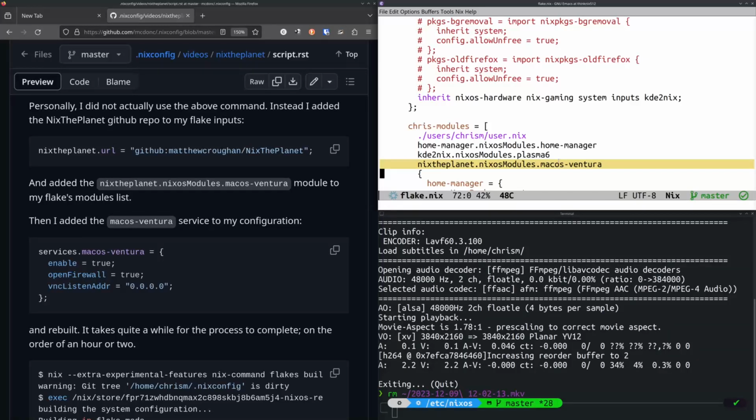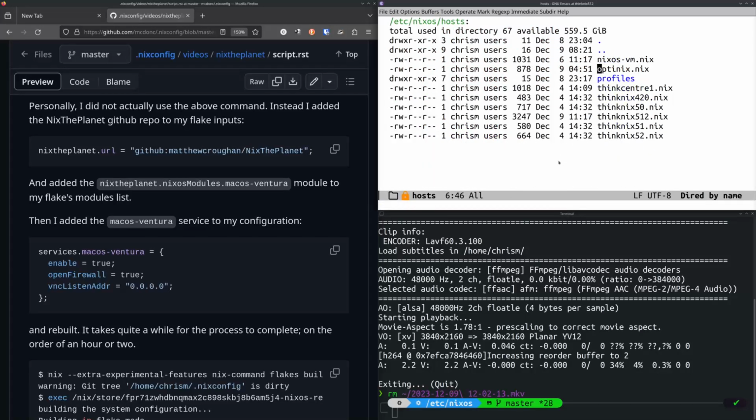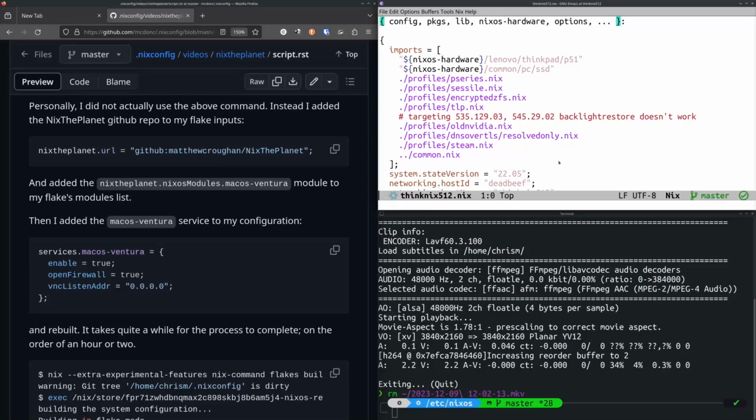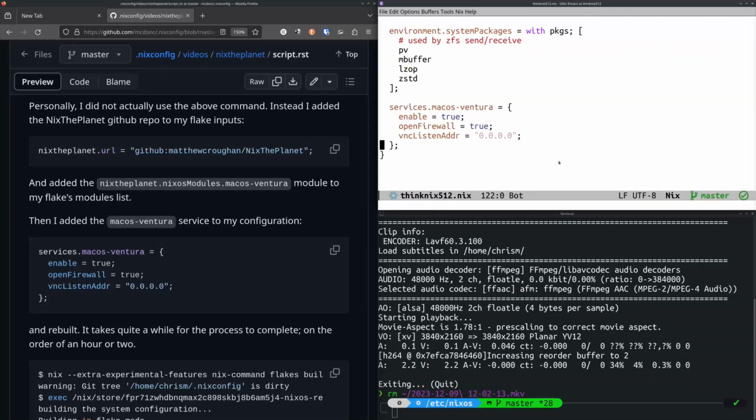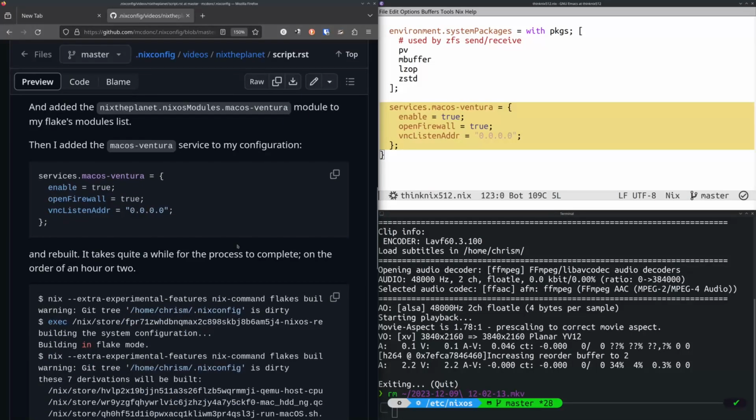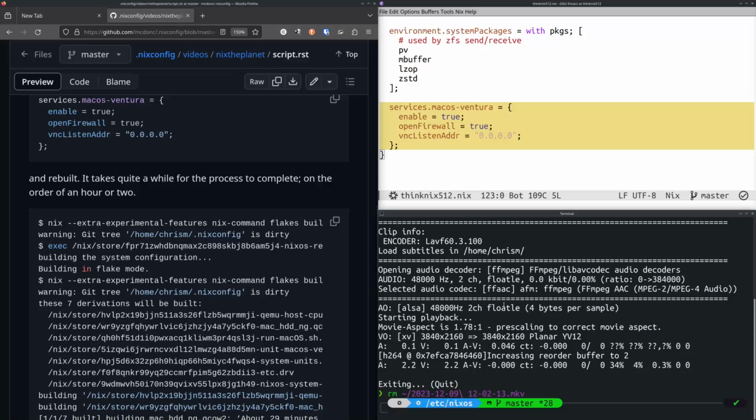And once I did that, once I had all my ducks in a row as far as including the module, I was able to go into my configuration for this host here and put something like this in there: services macOS Ventura, enable equal true, and the other two options there, and then ran NixOS Rebuild in order for that to go. What I will show you here, I'm just going to run NixOS Rebuild real quick here. Rebuild switch,